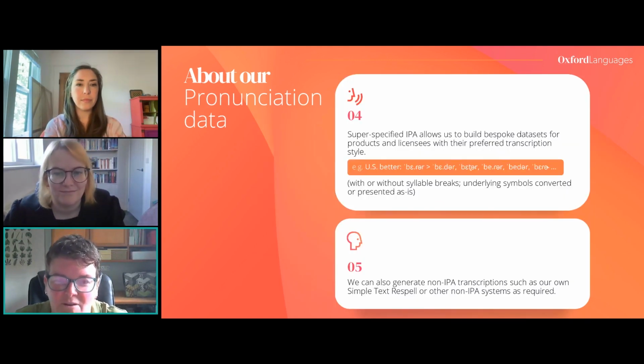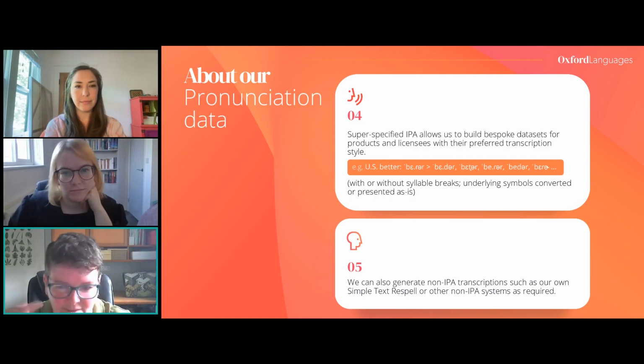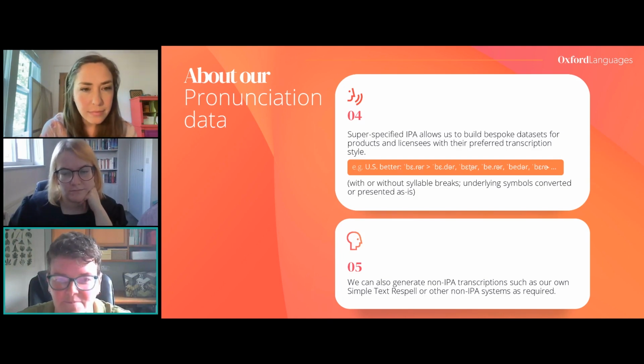So yes, here I've got an example of what we mean by super specified IPA. That helps us to build data sets which are tailored specifically for the products with a preferred style. I don't know how easy it is to see the small differences in the transcription there, but this is the US word better, and the transcription you see on the left before the arrow is our parent transcription.